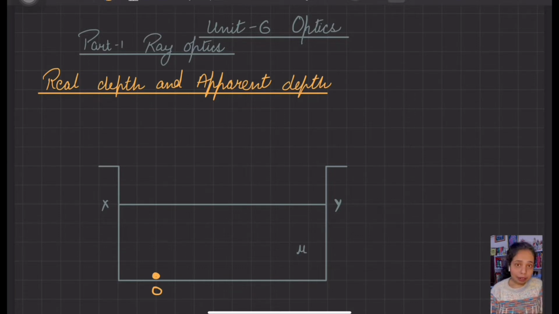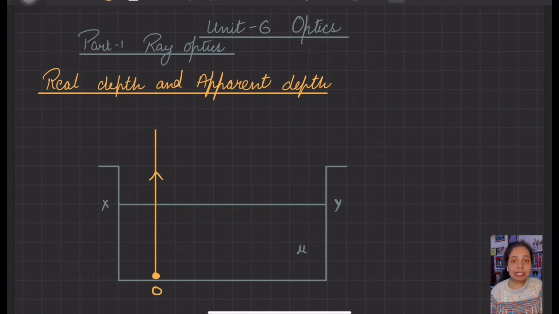Now all the light rays which are falling on this object are transmitted equally in every direction, but we will consider only two light rays because we always need only two light rays for the image formation. We also know that a light ray which is perpendicular to the surface gets refracted, but it keeps on moving along the same path without any change in its path. Therefore, this light ray which is coming perpendicular to the XY surface gets refracted and is not changing its path.